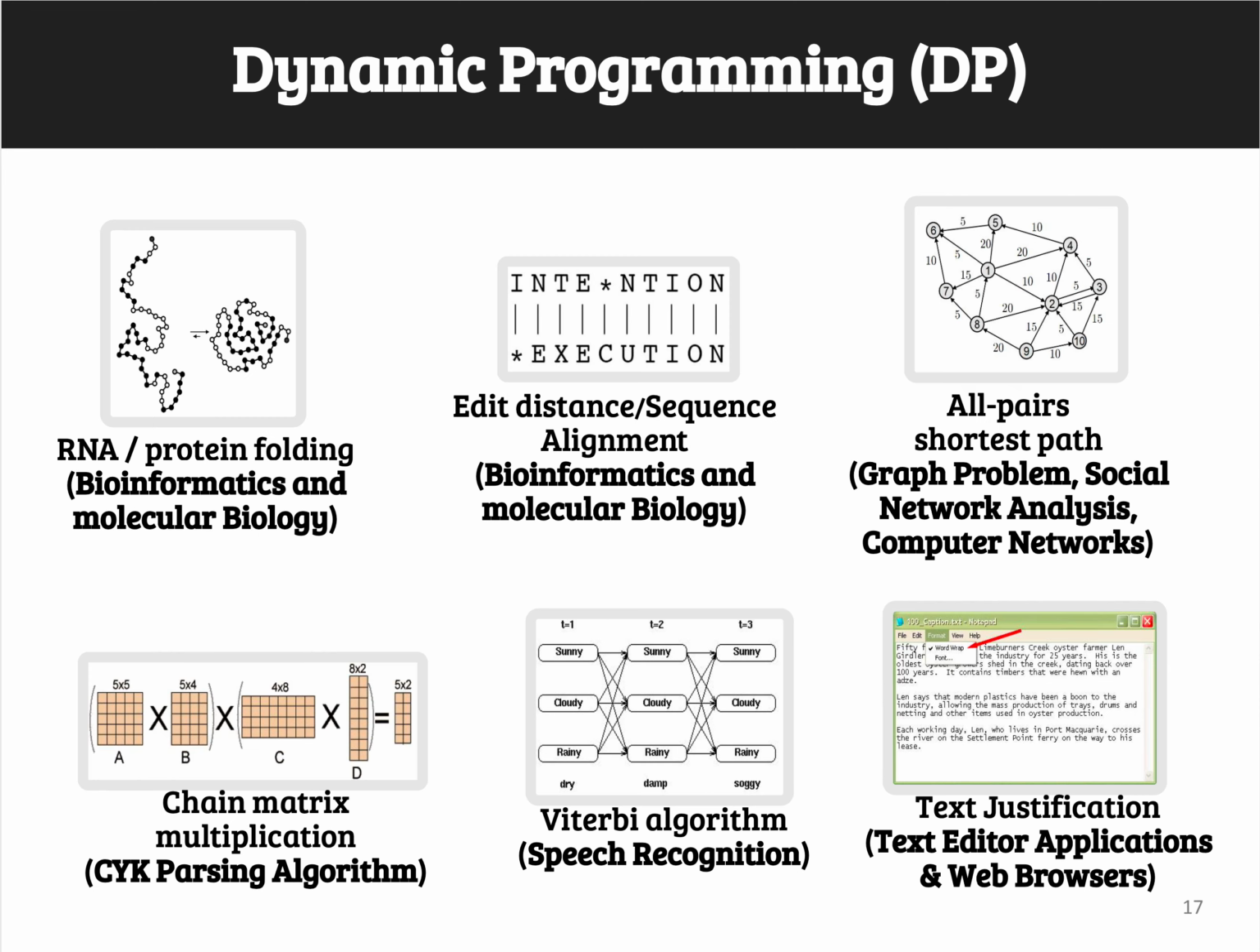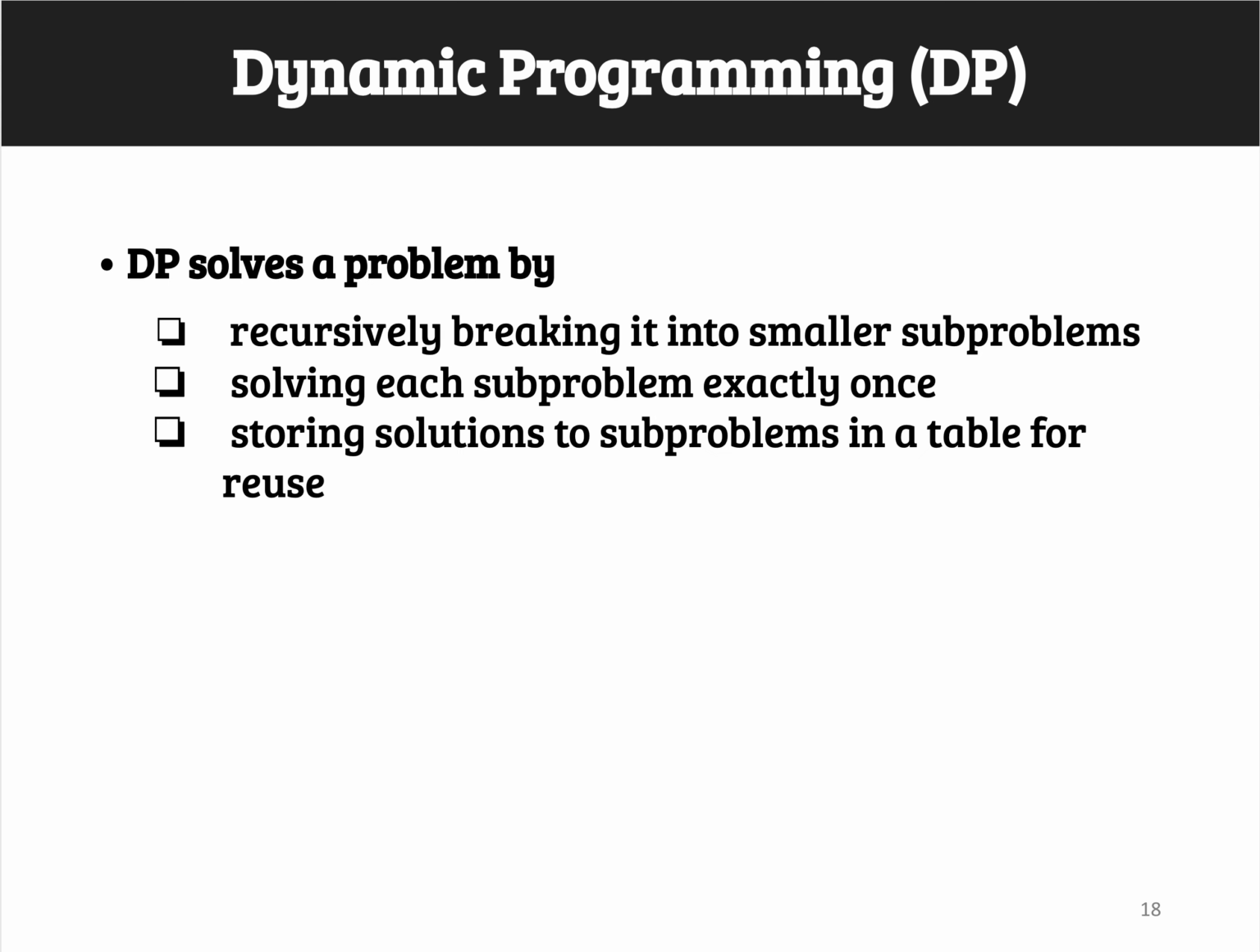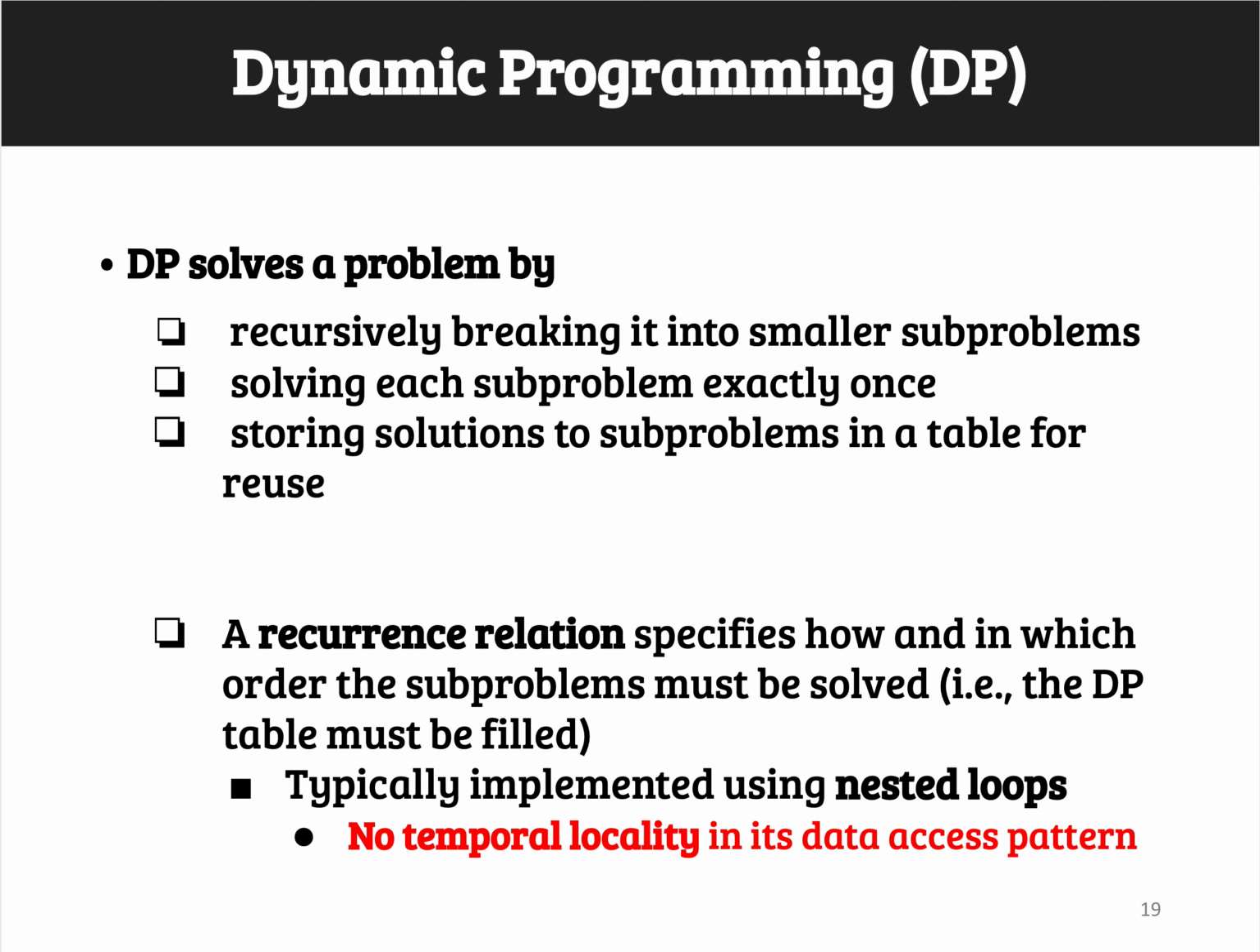Dynamic programming algorithms are everywhere. They have applications in bioinformatics, graph problems, compilers, NLP, and so on. A DP algorithm solves a problem by recursively breaking it into smaller subproblems. It solves each unique subproblem exactly once, and it stores the solutions to subproblems in a table for reuse. In every DP solution, we have a recurrence relation which specifies how and in which order the subproblems must be